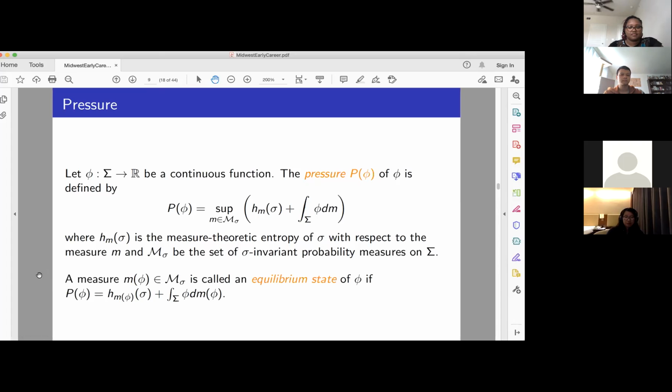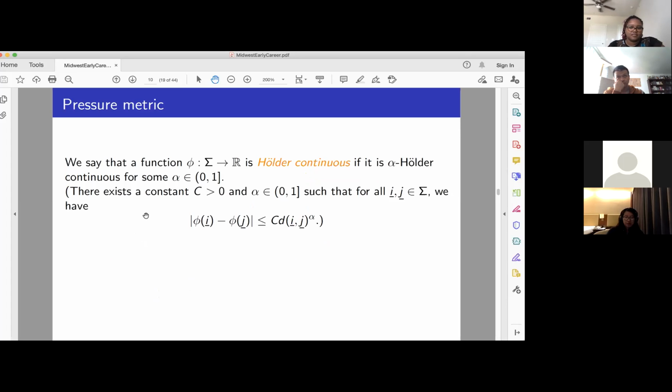So before that, let me just define equilibrium state. Given this variational definition for pressure, an invariant probability measure is called an equilibrium state of this continuous function if it is the measure which realizes the supremum in the definition, right? So basically, the equilibrium state is the realizer of the supremum. Okay, cool. So now we're moving to the heart of the first part, where we want to talk about the pressure